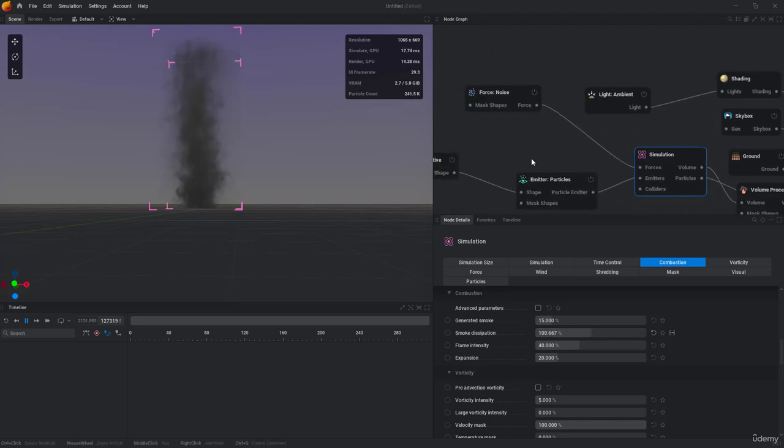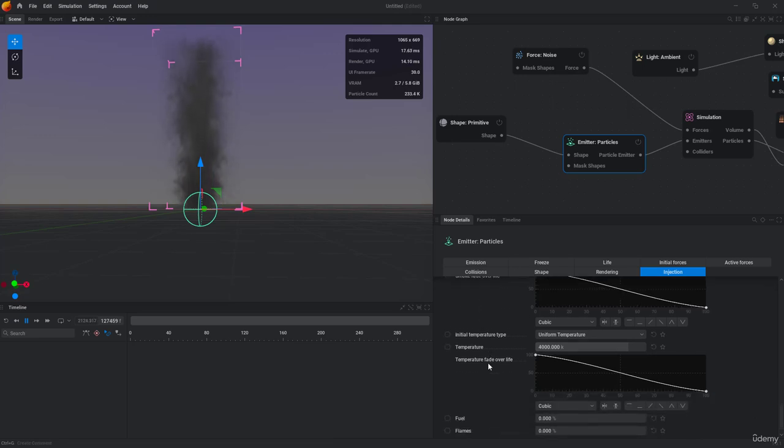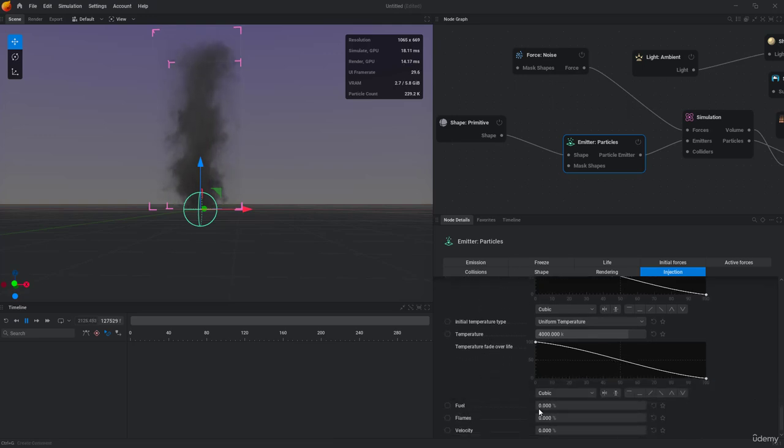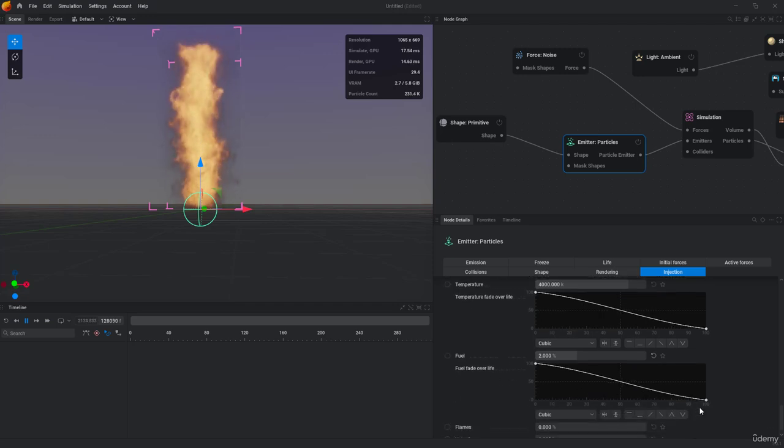Now if you want to add a fire, it's really so simple. So let's go to the emitter particles and I can scroll down. You can see here we have the fuel and it's 0. So if I increase that, we are getting the fire. It's so easy. Let's set that maybe to 2, and I can control the fuel from here. It's fading over life. Let's move it somewhere there,